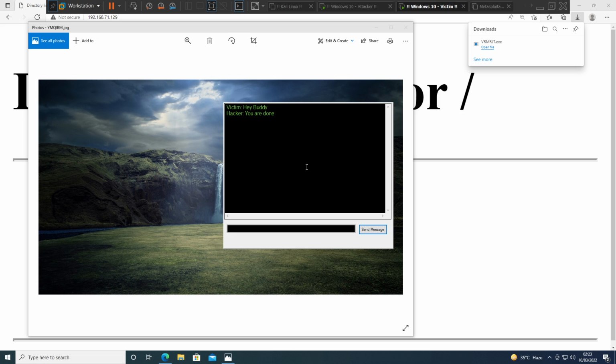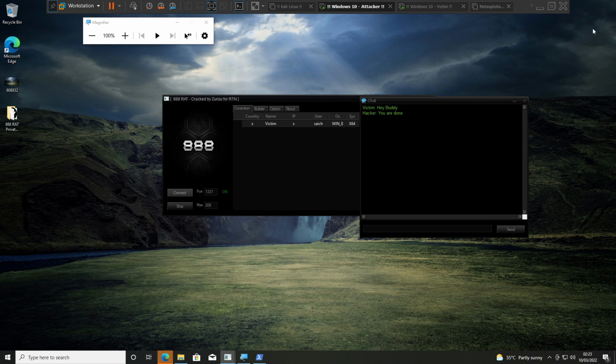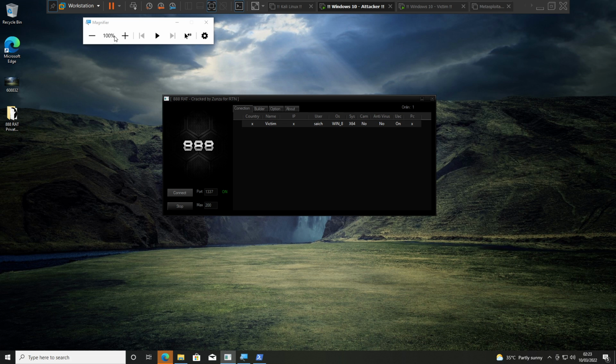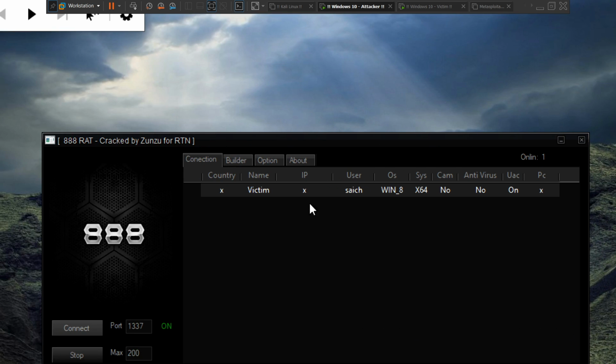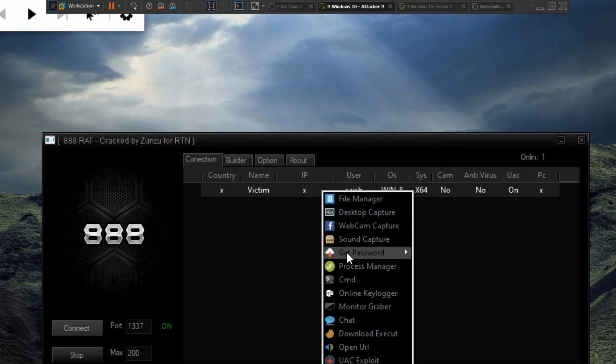So the point is, again, you can use this sort of malware to target your victim, and a RAT is one of the, you can say, advanced malwares that you can use. It gives you CLI access, it gives you GUI access, you can record the camera, you can record their keystrokes, you can monitor their screen, you can do whatever you want, right? And AAA RAT is one of them which you can use. And all the options are available here on your right click, that you can try.